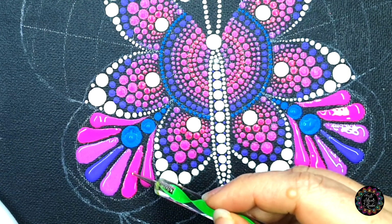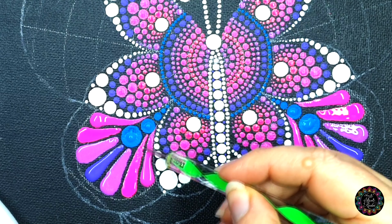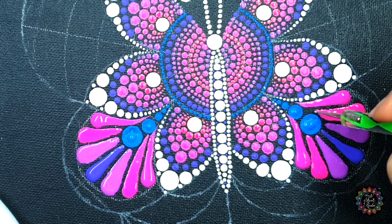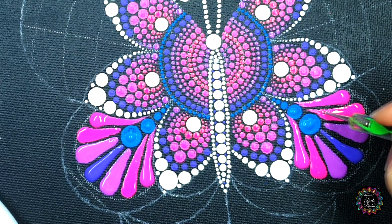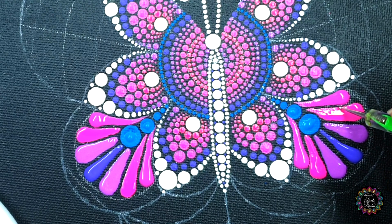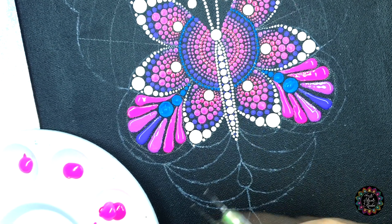So while this is still wet, I'm actually going to expand this into this little section here, and the same with this one here. As I see, there's still a little bit of space available, so I might as well make use of it. There we go. Then in color number 1, with the small ball side,